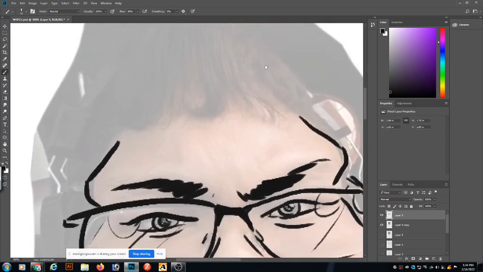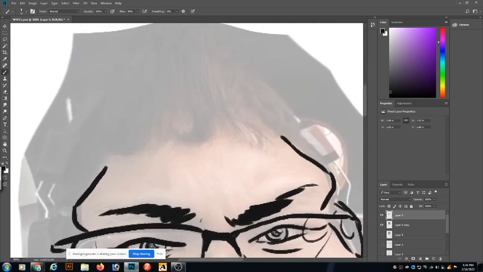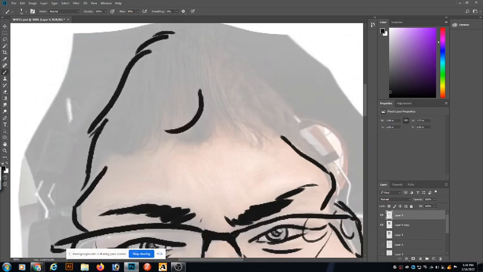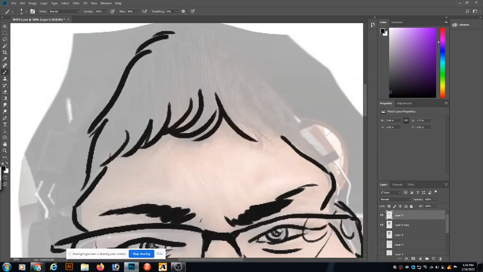Now the hairline, I make the shape of this hair a bit smaller, right? So this is how I draw the shapes of the hair as well. Take a look at that. See?